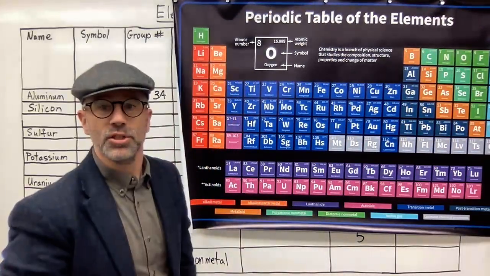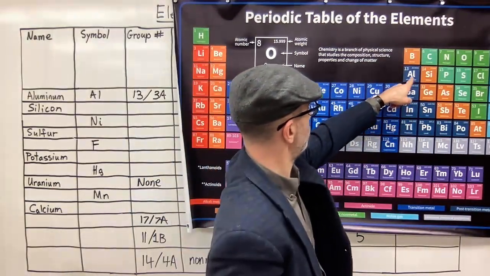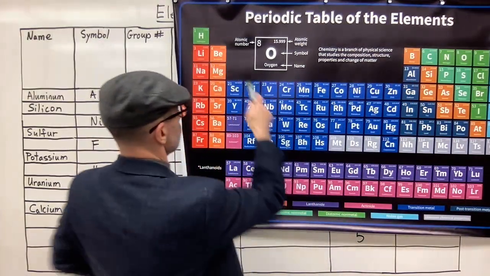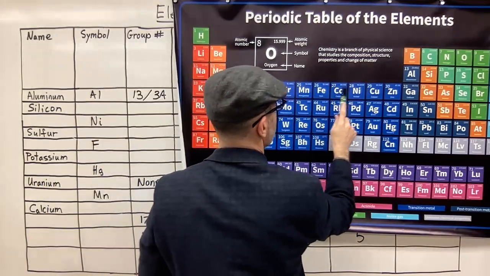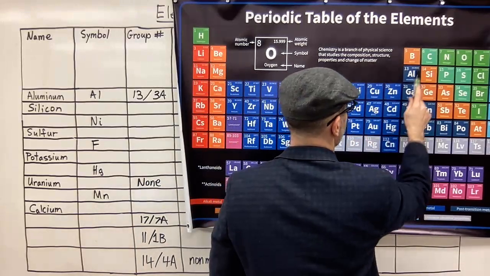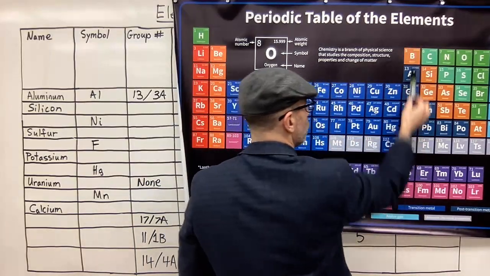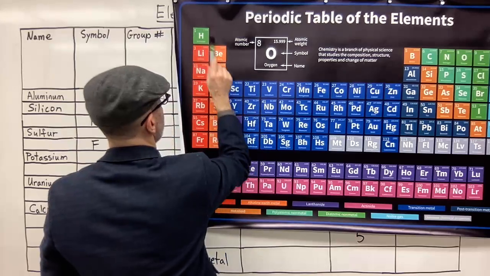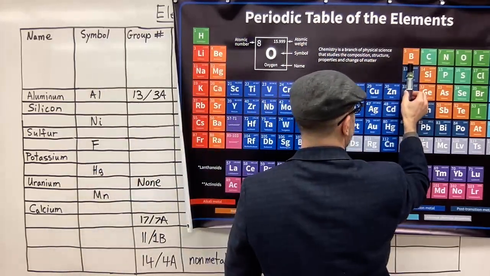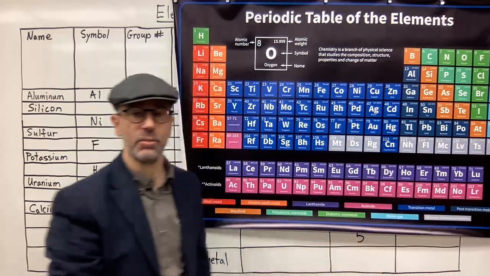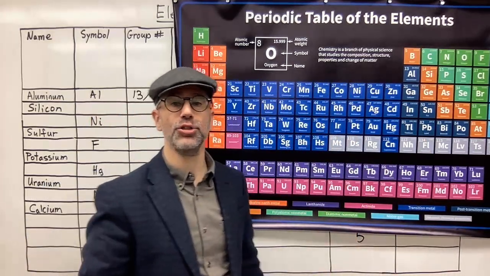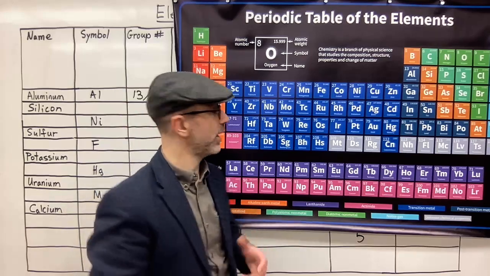Okay, so here you'll find aluminum. So again, counting over 1, 2, 3, 4, 5, 6, 7, 8, 9, 10, 11, 12, 13. So it's in group 13 or 1A, 2A, 3A, right? So it's in group 13 according to the IUPAC naming, and 3A according to the older way of naming,